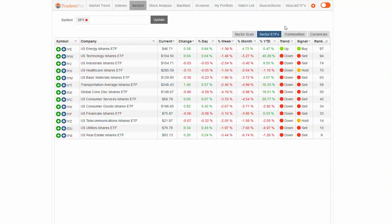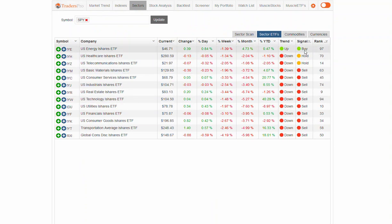If we also take a look at a breadth indicator that I like to look at, that is here on this sectors tab. We look at sectors, the sector list ETFs, and we've got one that's back up in the uptrend, which is the energy iShares, two in hold, but all of them are in sell. So this is also an indication of what inside of this downtrend might be working. Healthcare, telecom, energy is really the only one that is holding strong. Everything else is in significant downtrend. So that can act as